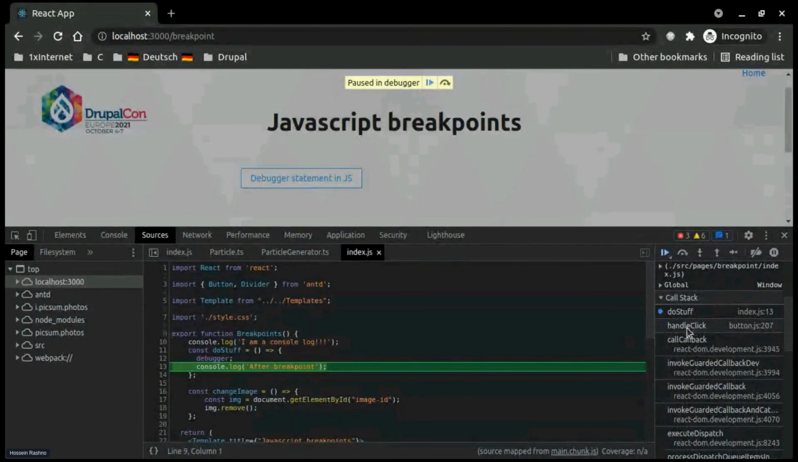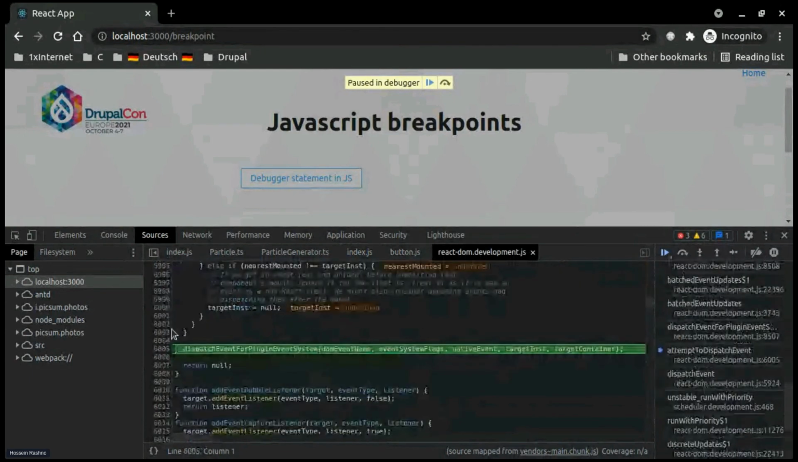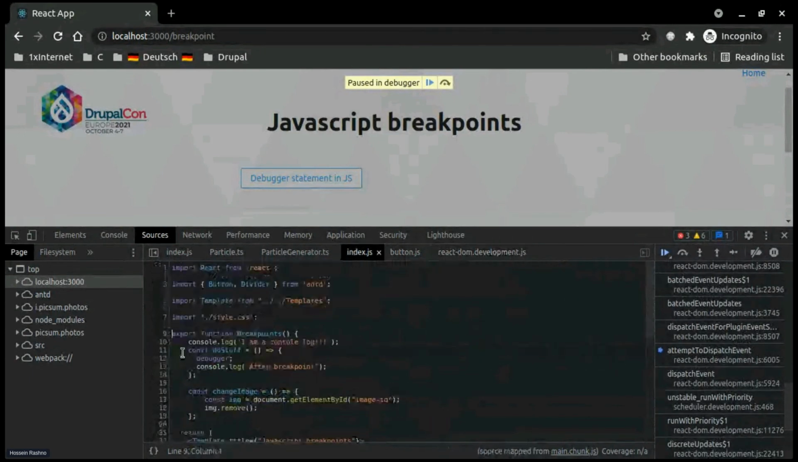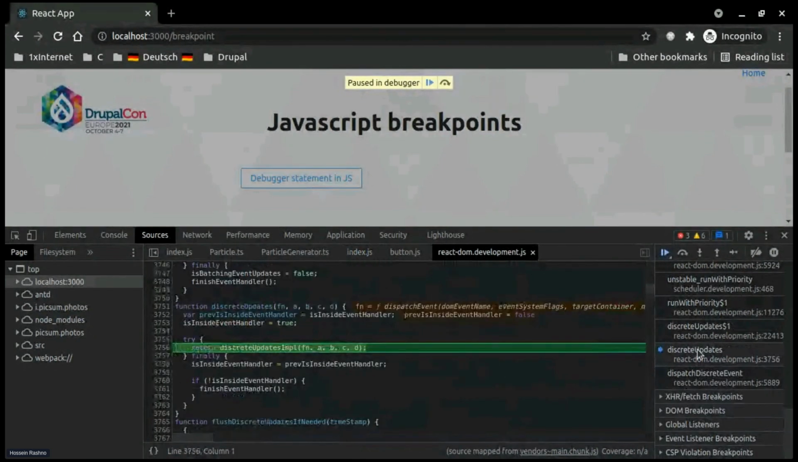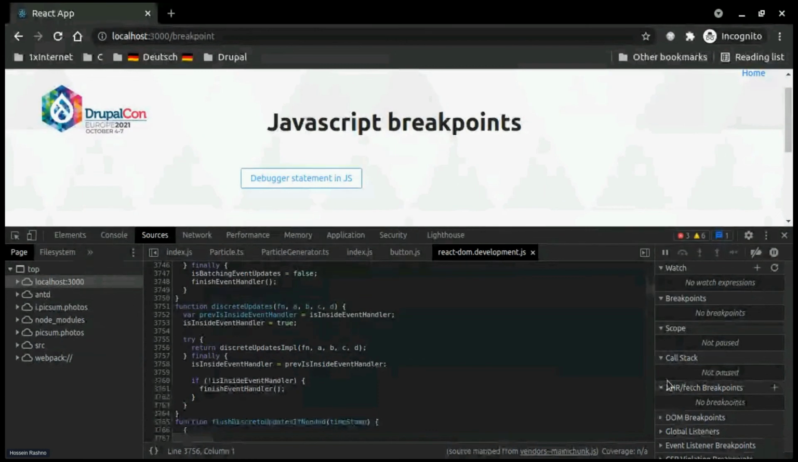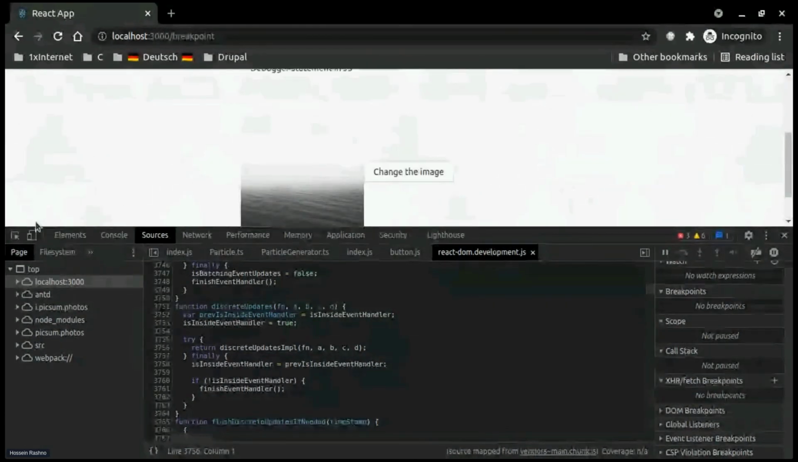I have the call stack. I can just go back in time and see how I reached that place in the console, and which function called this function, which called that function. I can add automatic breakpoints on different XHR requests, on DOM breakpoints, which I will show you in a few seconds, or on CSP violations and the rest. So let's move to the other